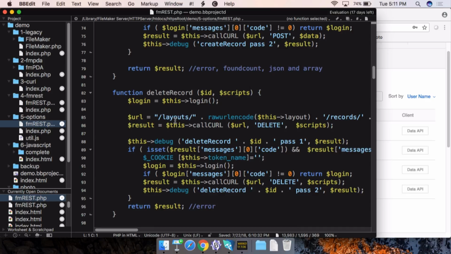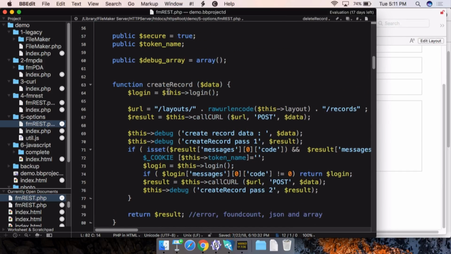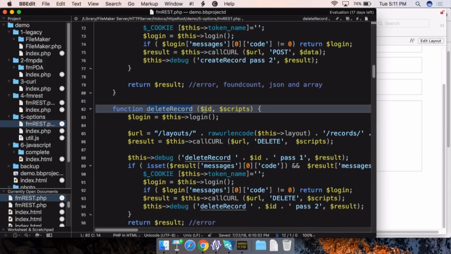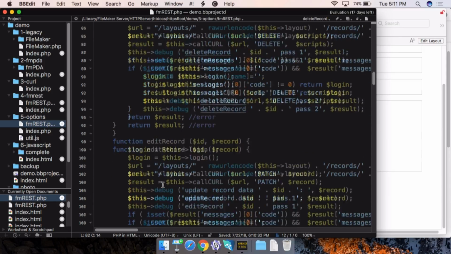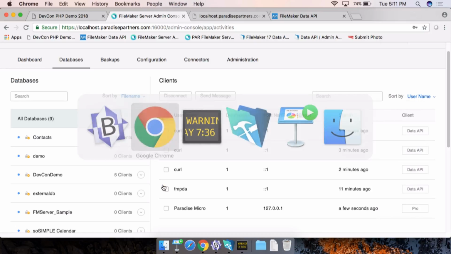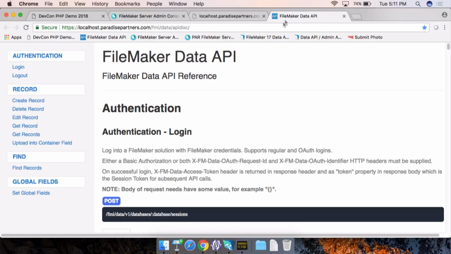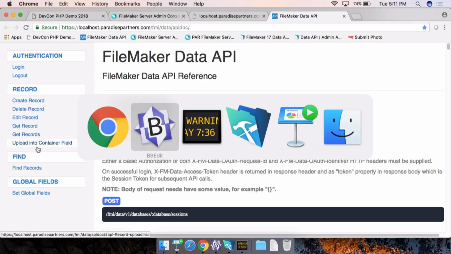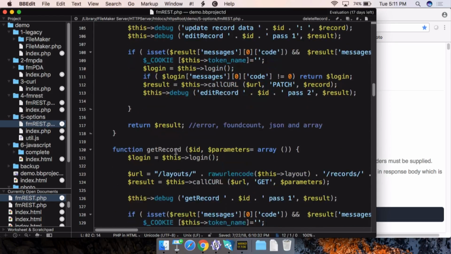It works great for our purposes, so I'll tell you what's great about it. The way we set it up is the function calls themselves. You see create record is a function, delete record, takes very minimal parameters, edit record's a function. And if you look at the documentation, you're going to see the exact same thing: create, delete, edit, get single record, get multiple records, upload into container field. Those are reflected exactly as the data API defined them,